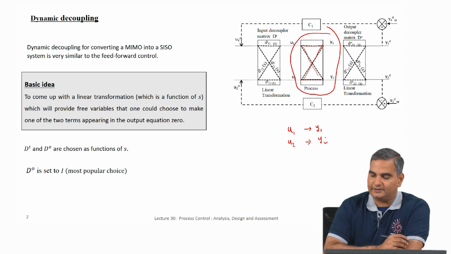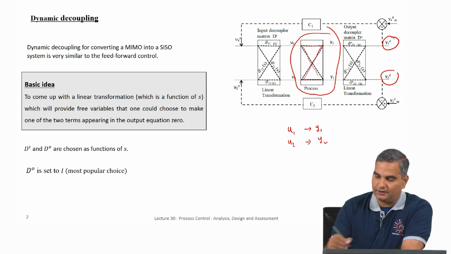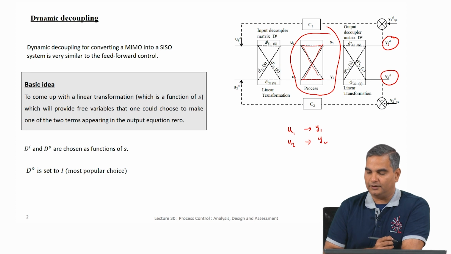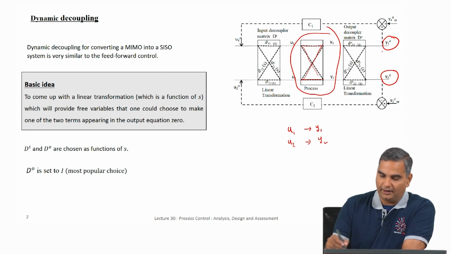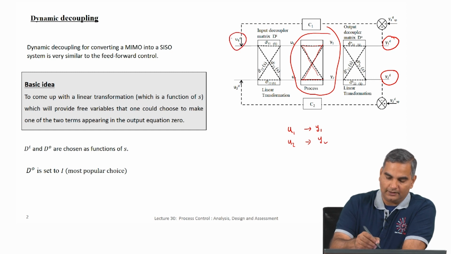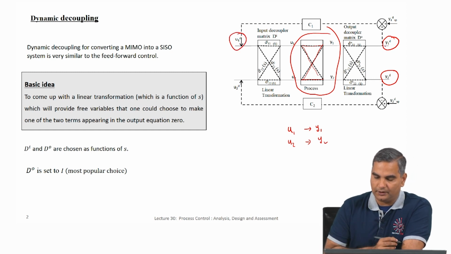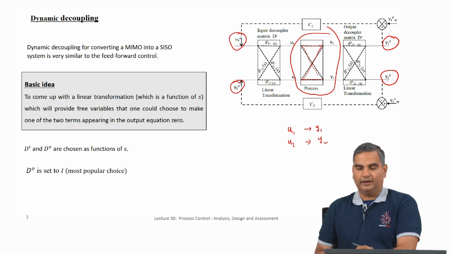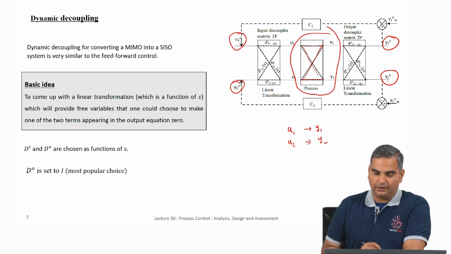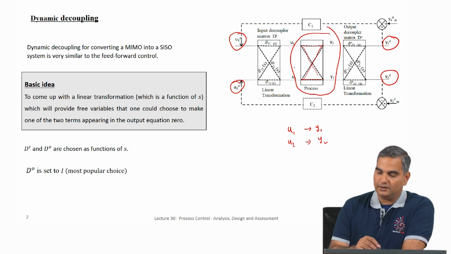So, basically let us assume that somehow we are going to get outputs which are decoupled in some sense. So, I have one output which is called y1 decoupled, another output which is called y2 decoupled, and we are going to do some transformation, so that when I look at the outside, I am going to manipulate u1 decoupled to control y1 decoupled and u2 decoupled to control y2 decoupled. Okay. So, basically what I want to think about is there are still two SISO loops.